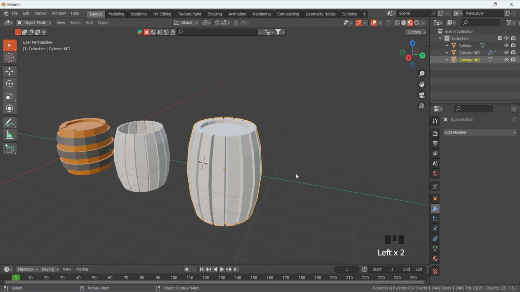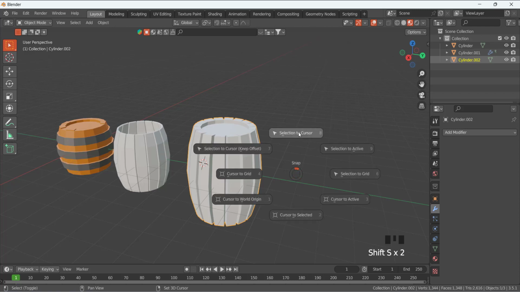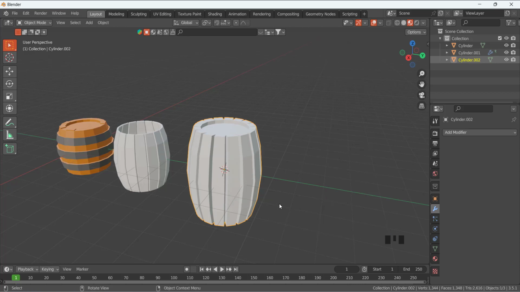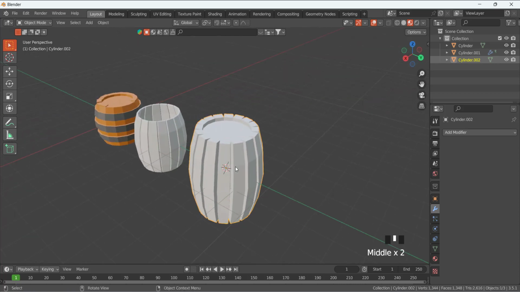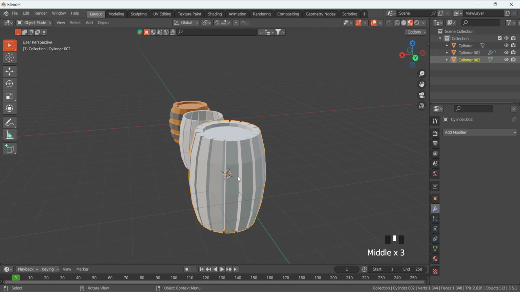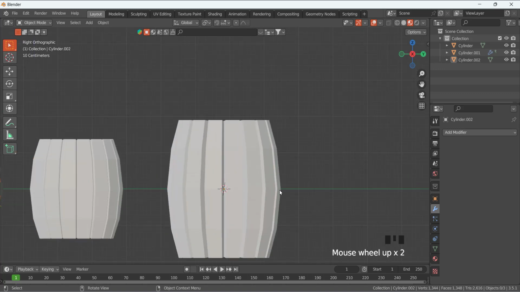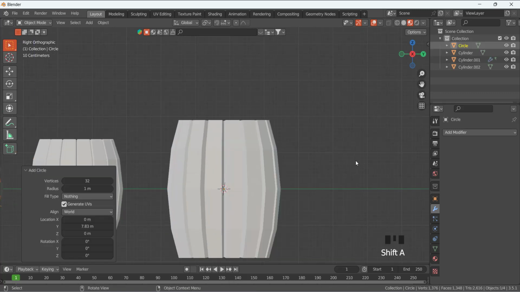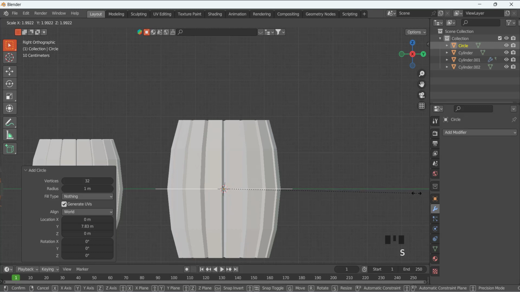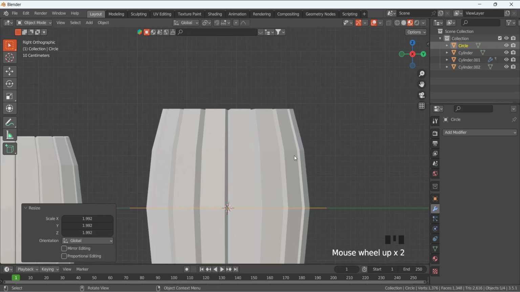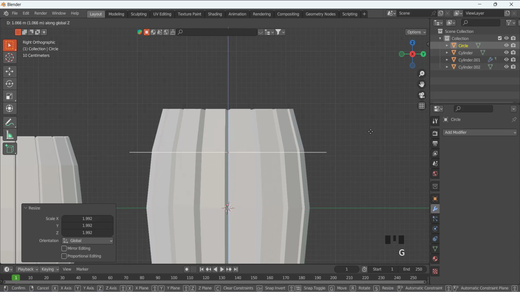So I am going to select this one, and then if I press Shift S, we have this window appear. Here we have different options, and basically we want Cursor to Selected. So select this one. Now the 3D cursor is moved to the origin position of this barrel. Okay, press 3 and Shift A, and we are going to add a circle, and S to scale this one like that. Basically we want to move this circle to the position where we have this ring. So G and Z and move it here,